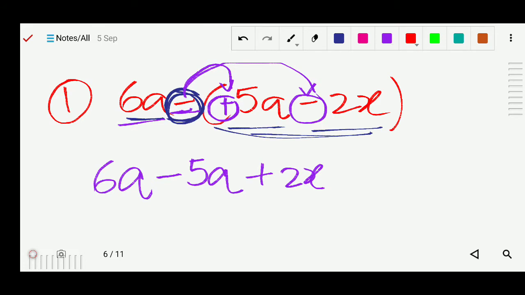अगर ब्रैकेट्स के आगे, ब्रैकेट्स के सामने कौन सा साइन था? अभी माइनस साइन था. Which sign is there? माइनस साइन. इसका मतलब क्या था, जब हम ब्रैकेट्स को हटाएंगे तो इसके अंदर जितने भी टर्म्स हैं और टर्म्स के सामने जो भी साइन है वो सारा साइन अपोजिट हो जाएगा. तो आप देखो यहाँ पे प्लस साइन था, अभी क्या हो गया? माइनस. यहाँ पे क्या था? माइनस. यहाँ पे क्या हो गया? प्लस.